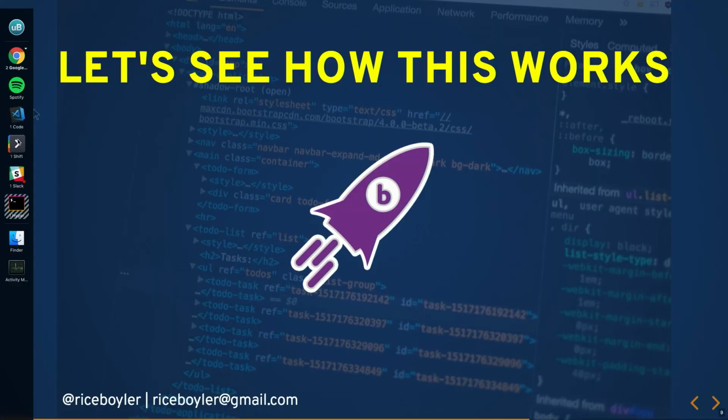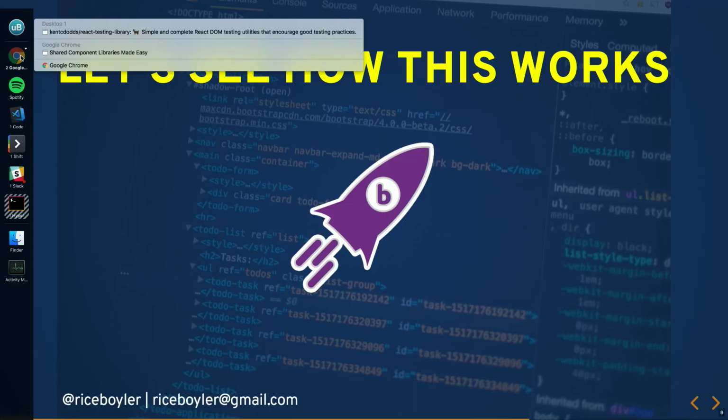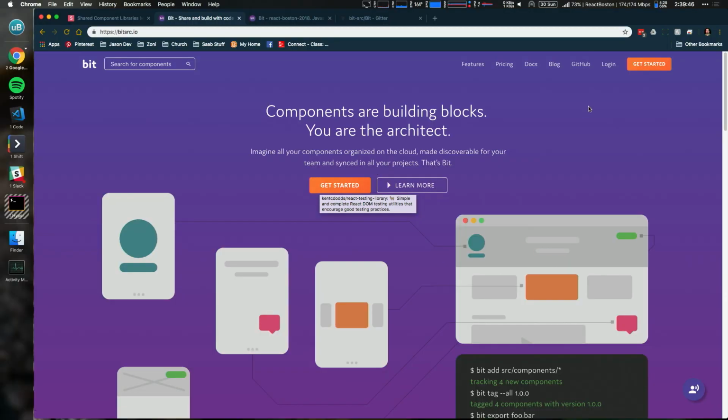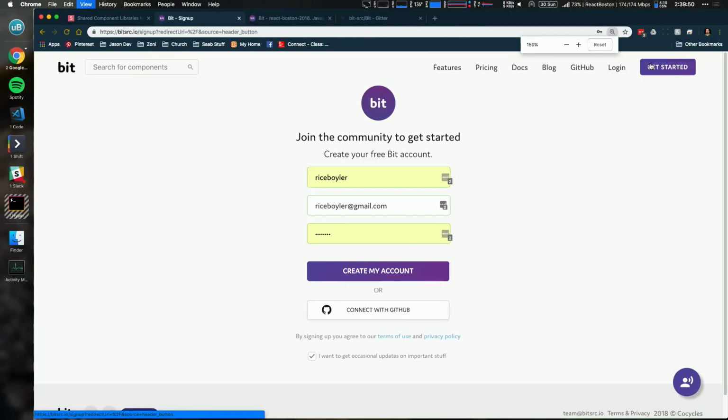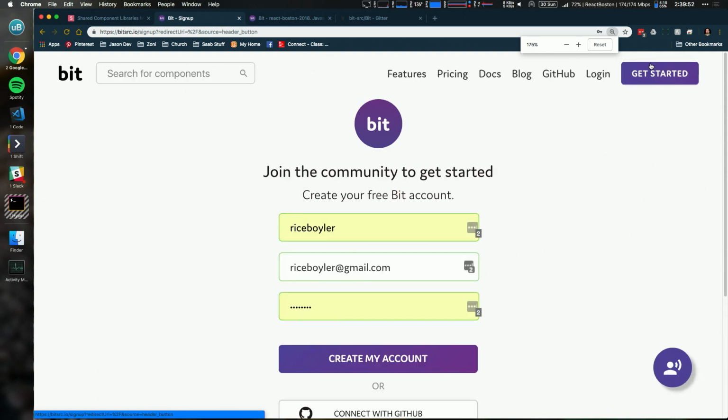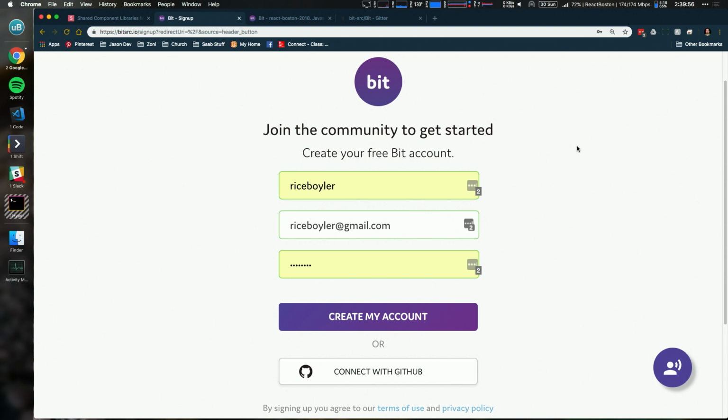And you know, there's nothing quite like live demos, right? So you know something is going to go wrong here. And that's the first thing that went wrong. Helps if you minimize the browser that you're trying to use. All right, so this is Bit's website. If you want to get started, you click on the big orange Get Started button. And I realize this probably needs to be a bit bigger. How's that? That's a bit bigger. Thank you.